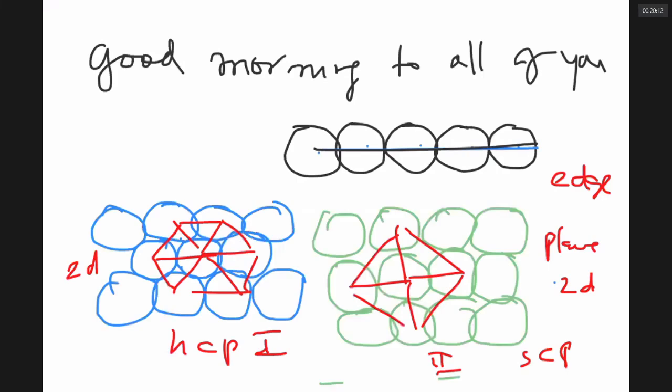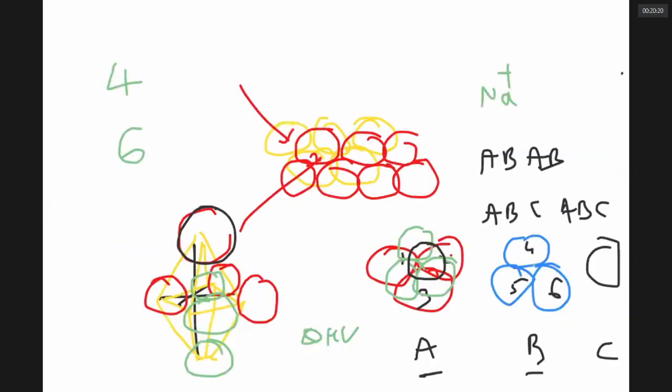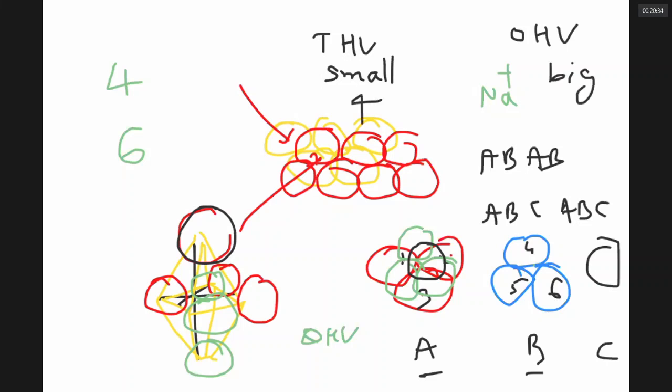My idea today is confined to saying 3 things. What is a line? What is a plane? Sorry, we have gone off track, because I planned too much today. What are the 2 types of gaps I am getting? Tetrahedral voids and octahedral voids. These are small in size, and these are big in size. They have coordination number 4 and coordination number 6.